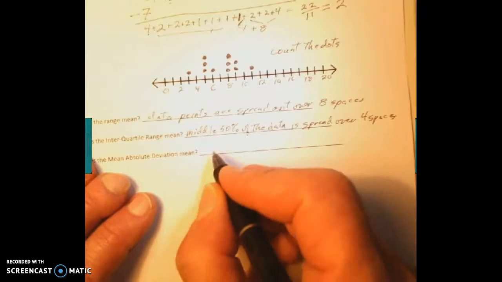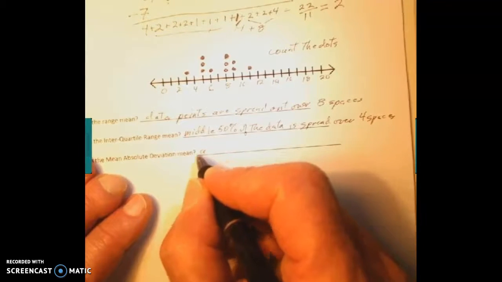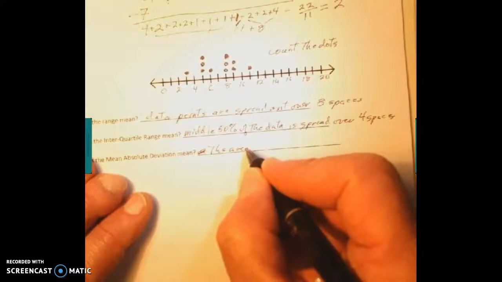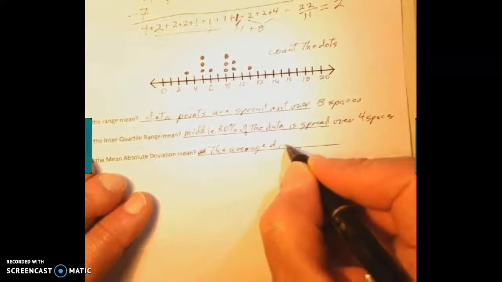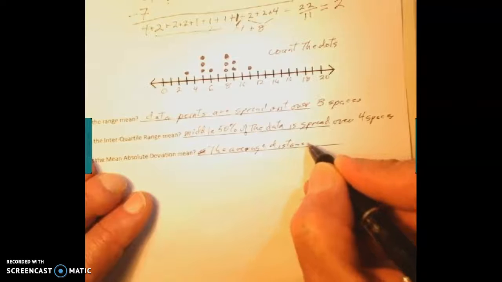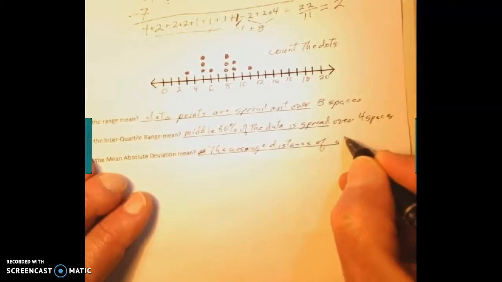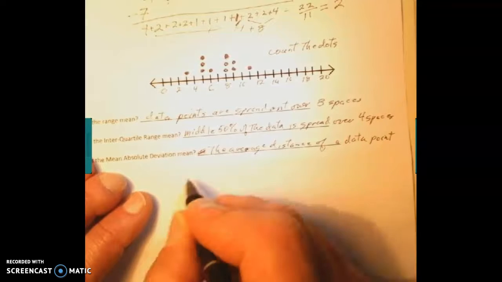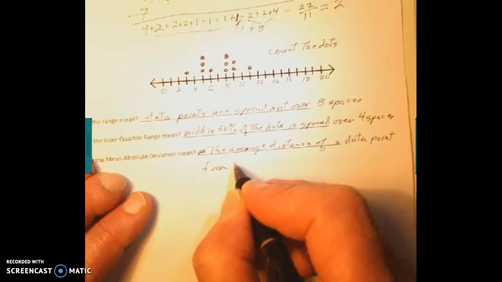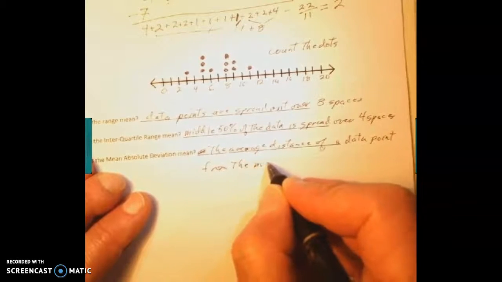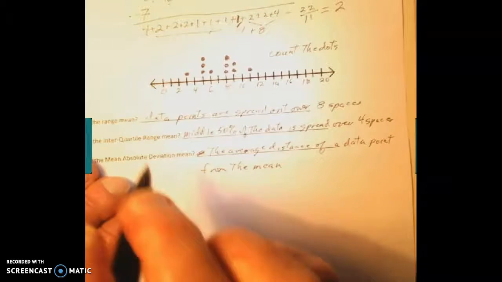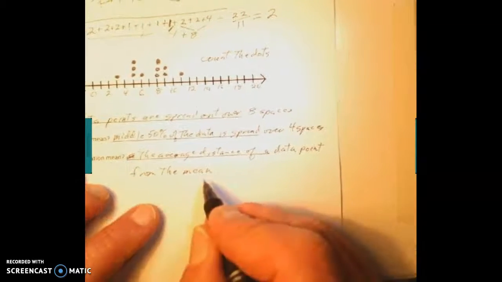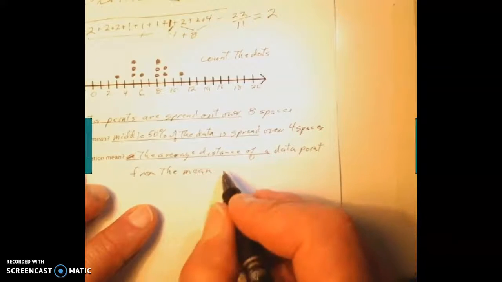So it means that the average distance of a data point from the mean, that was the subtracting the 7 to find out how far away it was from the mean. So the average distance of a data point from the mean